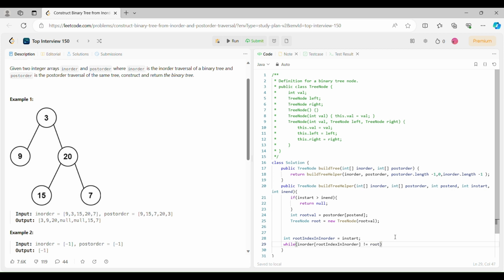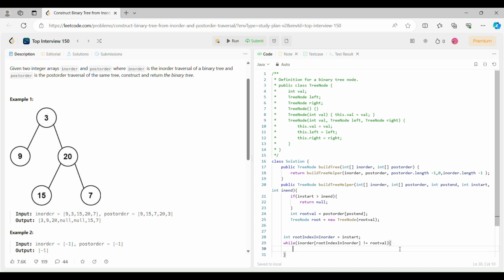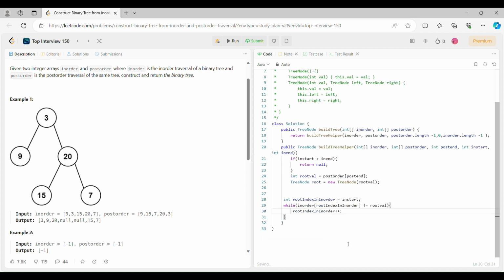Okay, root value I can give that because we find the value here. If this is not equal to root val, in that case, not return, just increment the value. If this is not equal to this root value, then just increment the root index in order. I hope the spellings are correct. So now in this way we are going to find the root index in order,